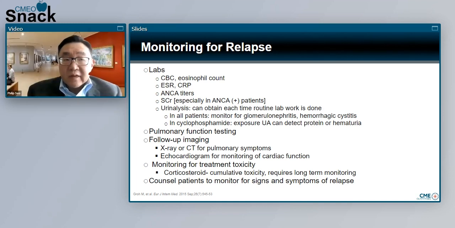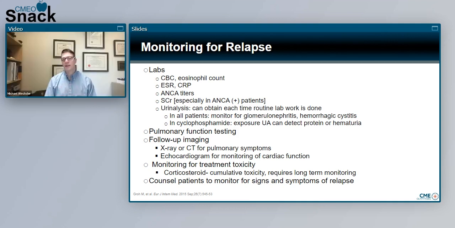I try very hard not to treat lab tests. So if I notice that the ESR is creeping up a little bit or the eosinophil count is creeping up a little bit, I might see the patient more frequently just to monitor them, but I'll try not to increase their corticoid dose in particular unless I see a real reason for it. So in the absence of symptoms, I'll probably just watch the patient a little bit more closely. Yeah, I think that's my approach as